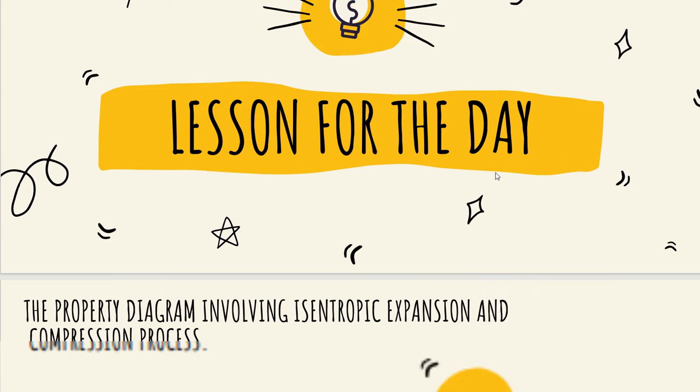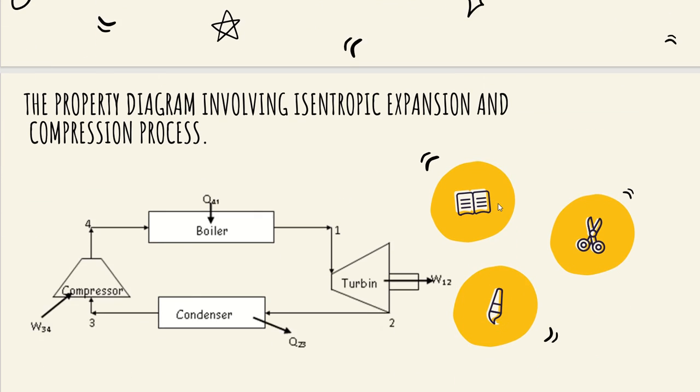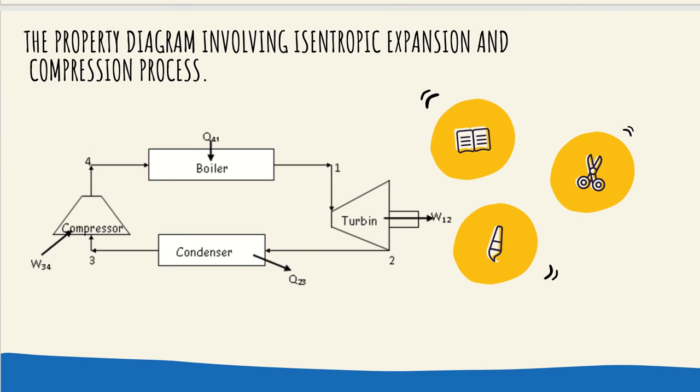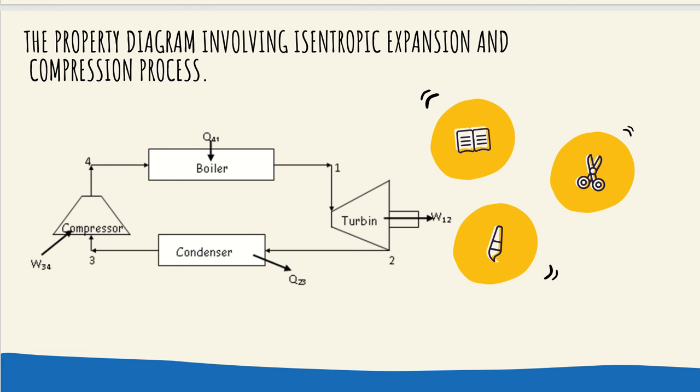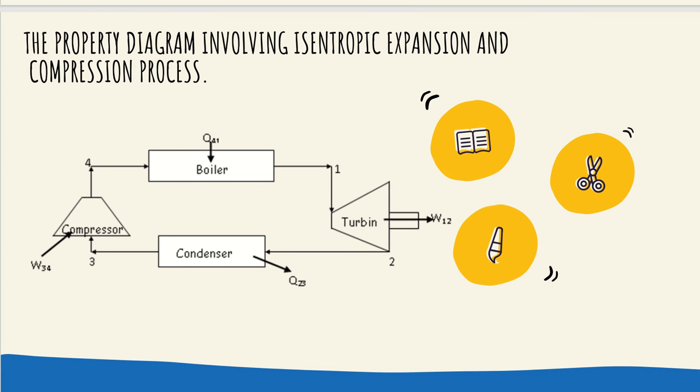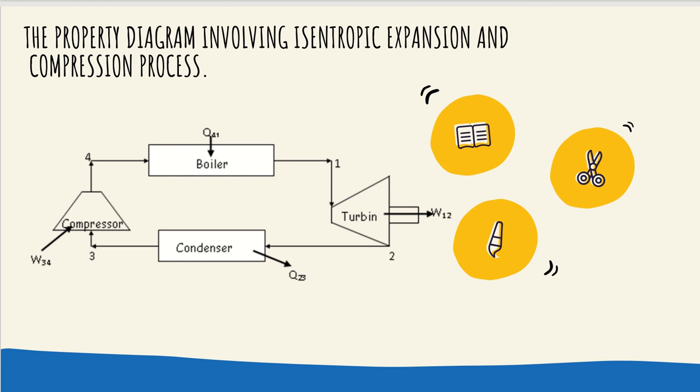This is the lesson for the day. The first one is the property diagram involving isentropic expansion and compression process. So this is the block diagram for power cycle. Power cycle, which is a steam power plant